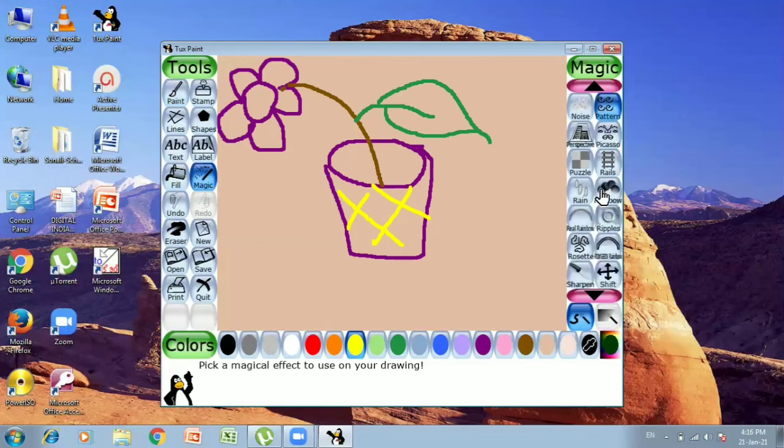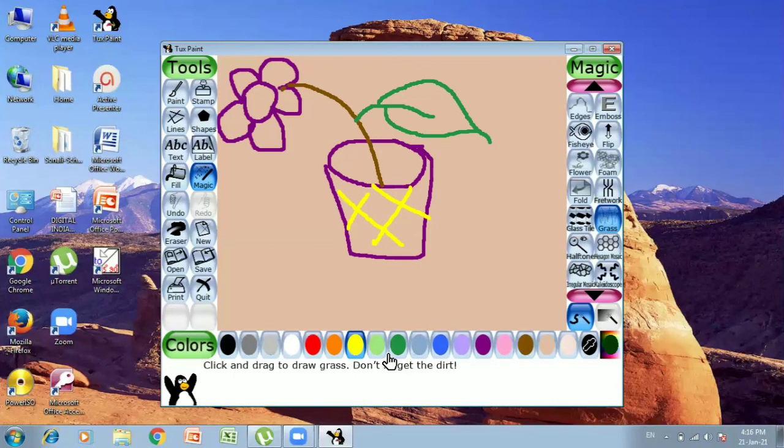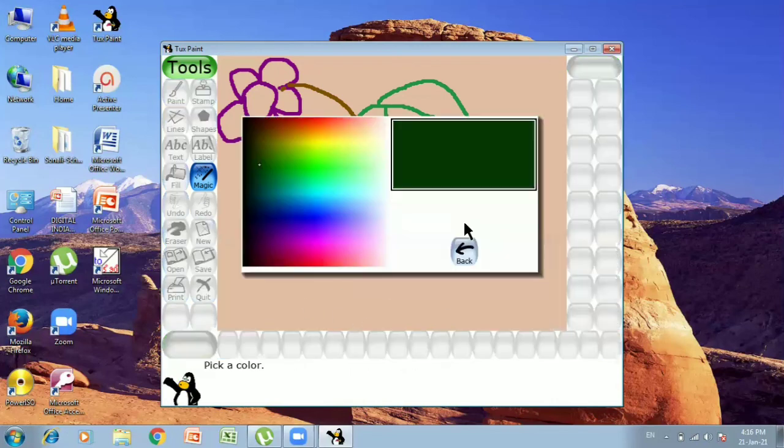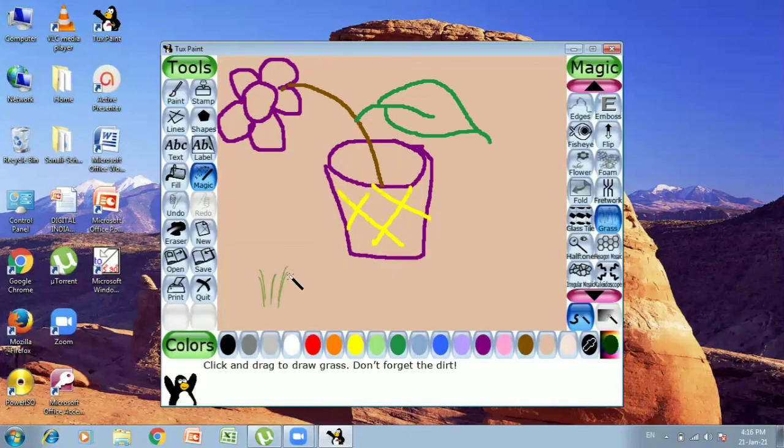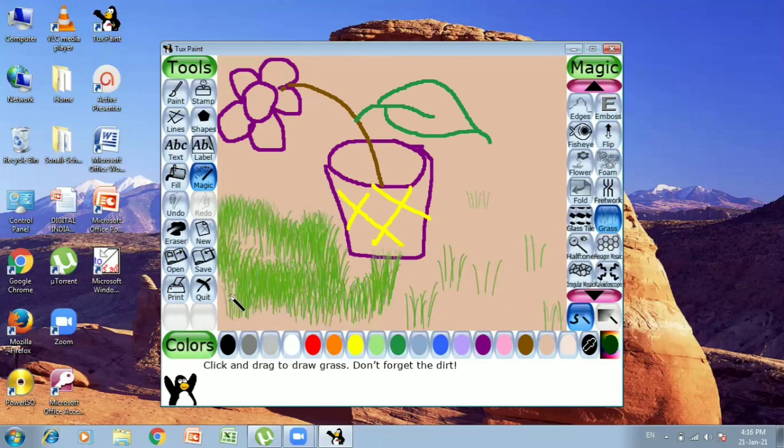Suppose you want to add grass over here. From this you can select the grass and make it green or any other color if you wish. You can select it and grow it like this.